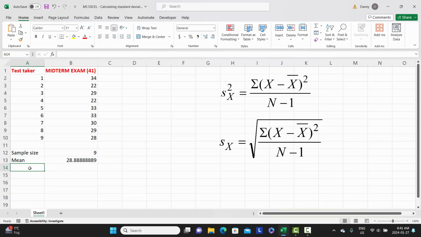And now I'm going to calculate standard deviation. I'm just going to go SD here for an abbreviation for standard deviation. And I'm going to use the Excel function, so I'm going to hit equal. And the Excel function for standard deviation is